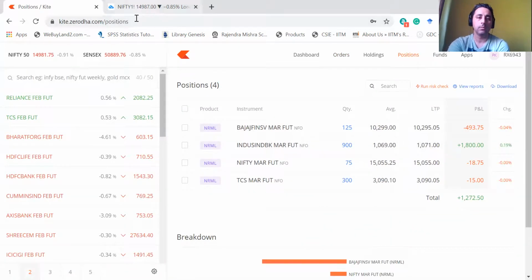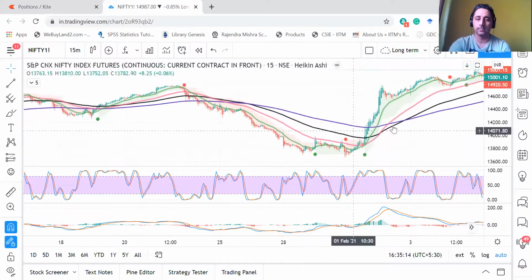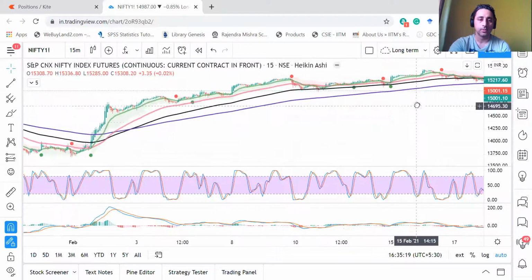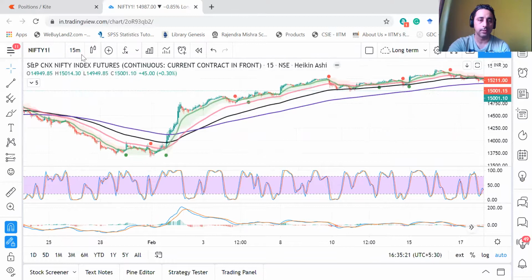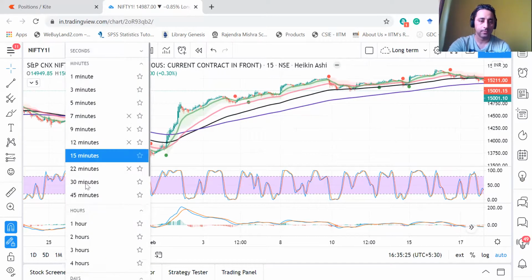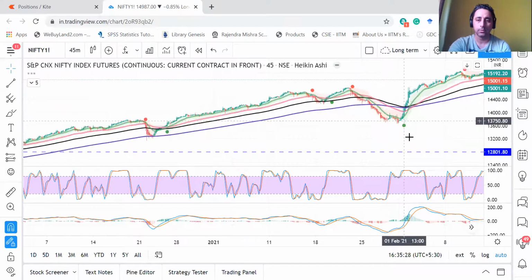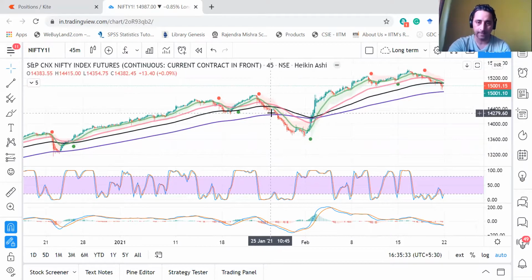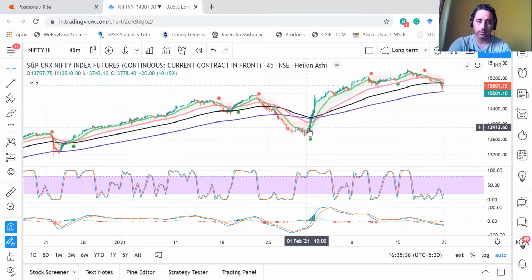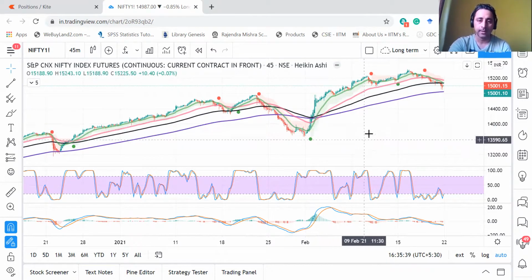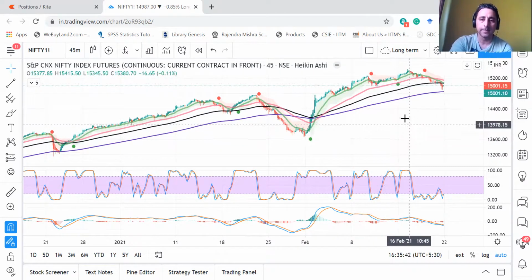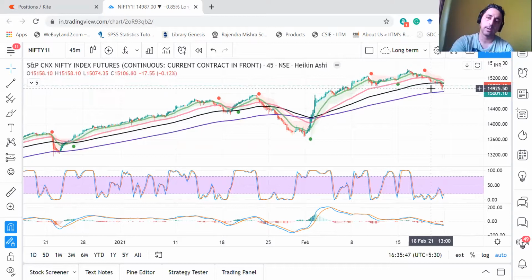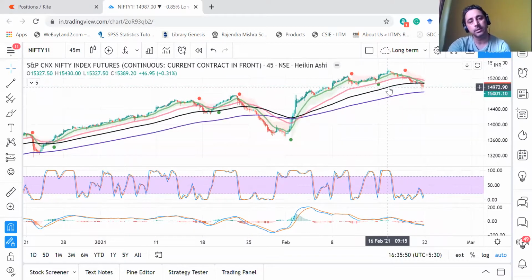Now we know how to choose levels, and this is how we go about choosing them. Somebody might have, let's say, gone to the 45-minute chart. Somebody might have survived this: I exited positions here, then I re-entered. At this time I was listening to the budget speech, my eyes were on the screen, and I made some profits. Last time I exited here because my stop loss levels were here, so I exited all my positions at this level.